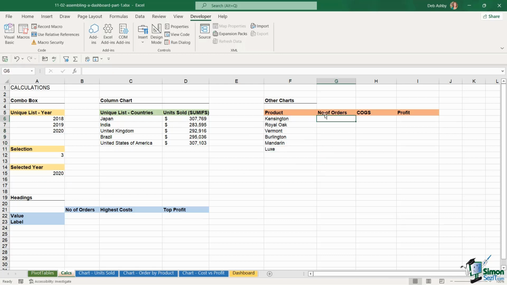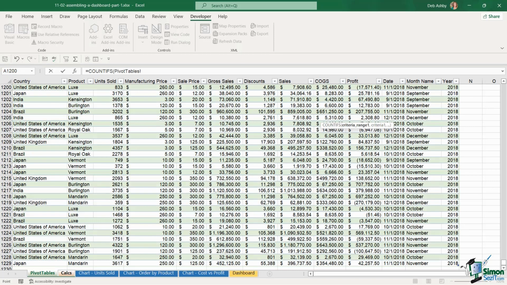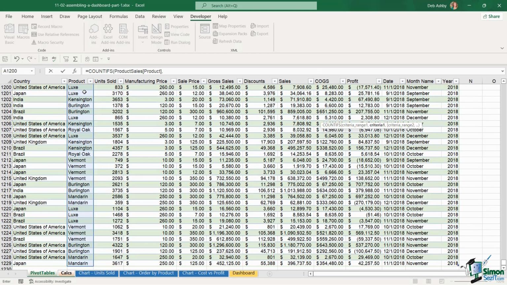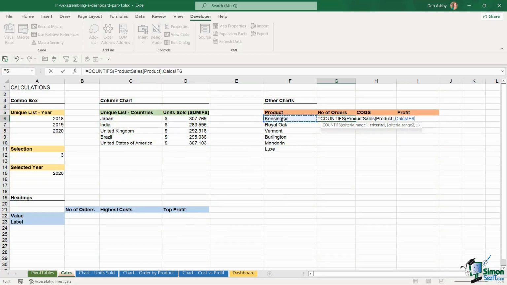So when we're looking at number of orders, this time we want to do a COUNTIFS because again, we have two pieces of criteria. What is our first criteria range? Well, our criteria is going to be the product, so our criteria range is also going to be the product. So let's select the product range, Control Shift down arrow, comma, and our product is going to be Kensington, comma,